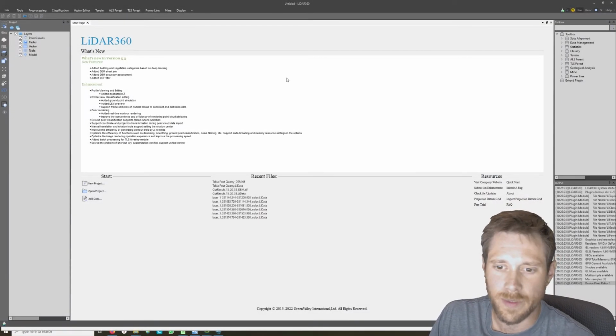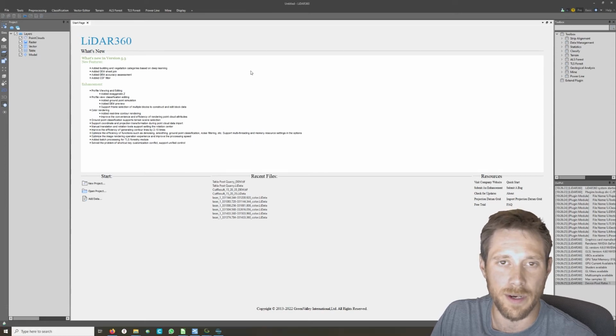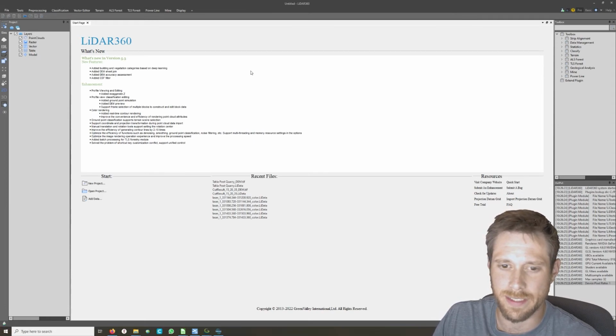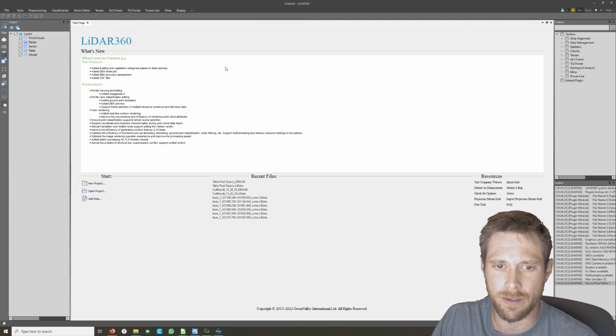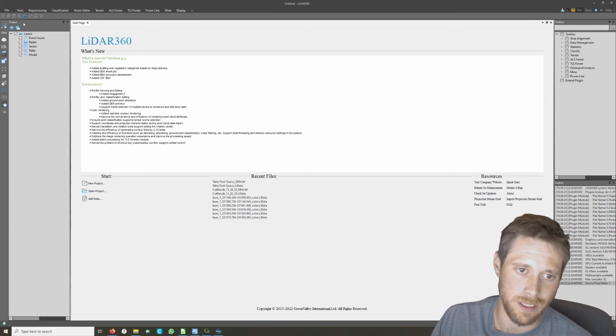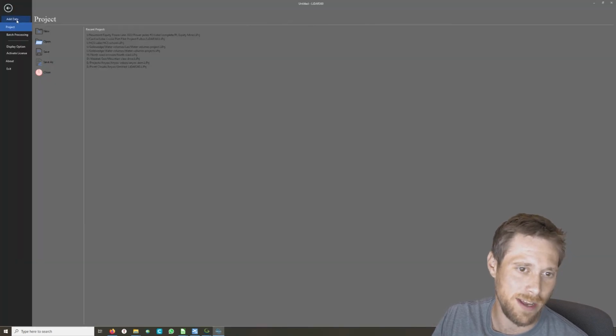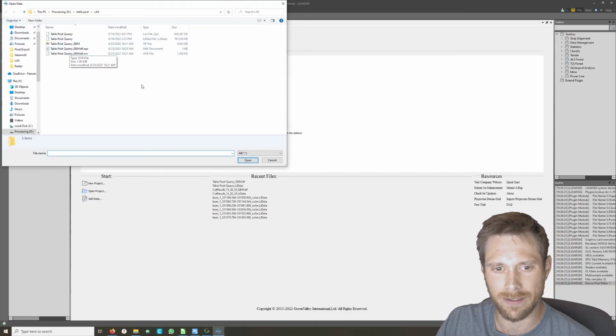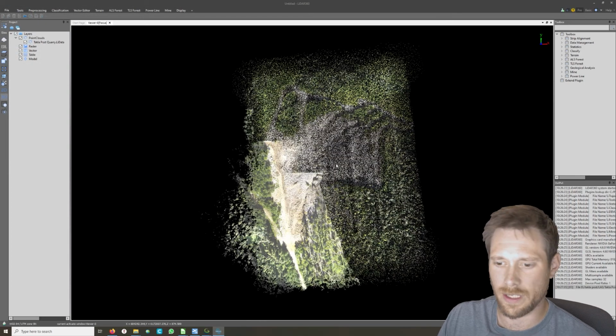Hey guys, so last Friday I did a post on a bare earth model for Point Cloud Friday, and somebody just asked if I could do a tutorial on Lidar 360 on how to get there. You ready? It's really tough. You're going to hit File, Add Data. You're going to open up your point cloud,